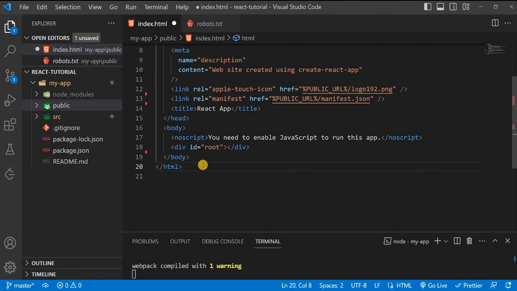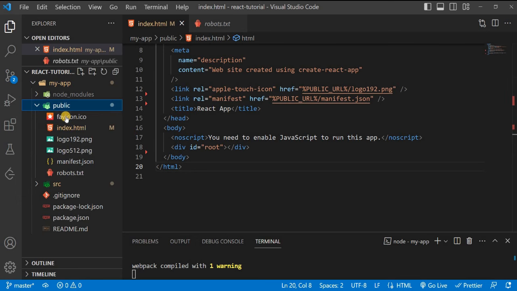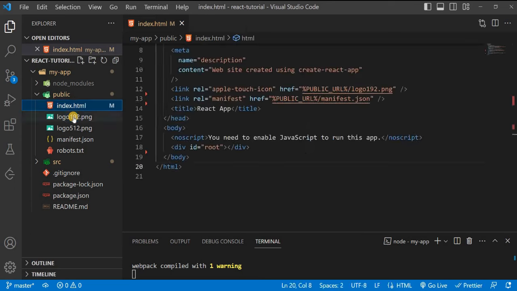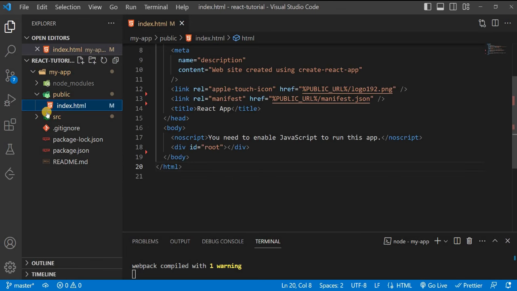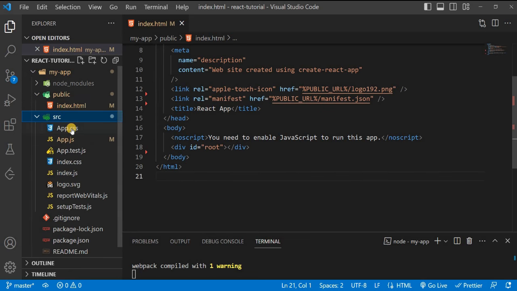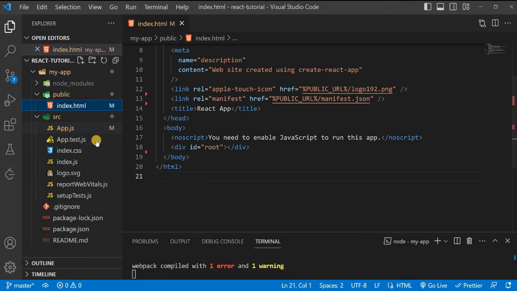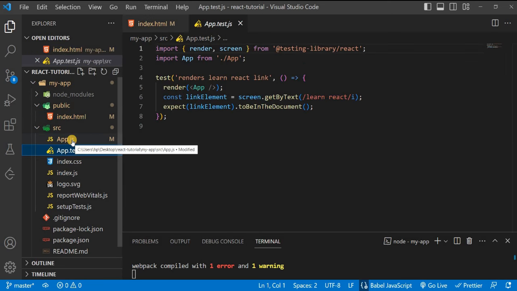So now we can simply delete, one by one, the files and folders which are not necessary for our project. Like we can delete this favicon icon and this logo, manifest.json, robots.txt. So let's delete these, and in the public folder there will be only one file, that is index.html, and in the source folder now we don't need any style, so just delete this app.css, just delete this app.test.js,